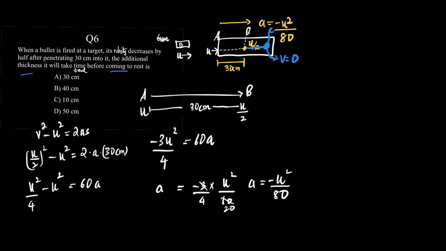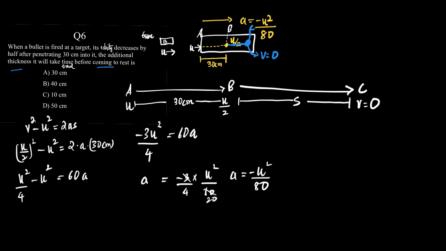If we draw the path BC now, we don't know the distance traveled. The distance traveled would be s, but what we know is the velocity here is going to be equal to 0, which means the final velocity is 0. And what is the acceleration? The acceleration is minus u square upon 80. Which means if we apply the equation v square minus u square is equal to 2as. What is v square? V square is 0. What is u square? U square is (u by 2) square. So what we get is minus